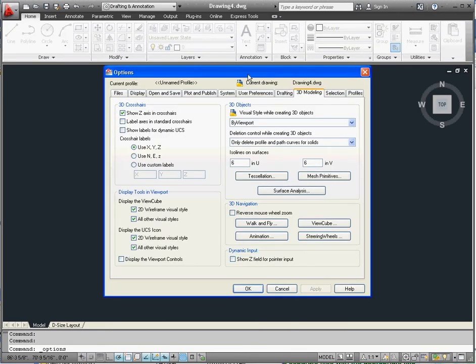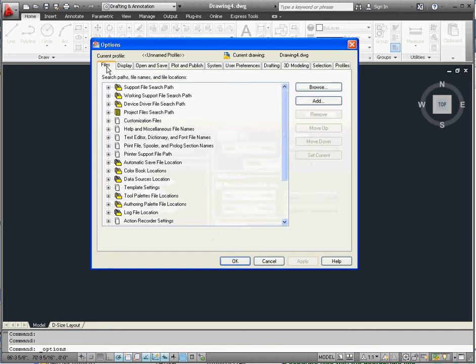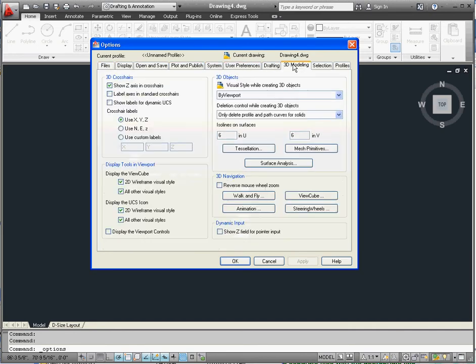Again, just like with AutoCAD, we're not going to go into a lot of this stuff. We're just going to go into the basics just to get us started so we can be productive in the shortest amount of time. So if you go down here, we have files and display and whatnot, a lot of tabs on the top. Let's go to the 3D modeling tab and go over to this lower left hand corner where it says display